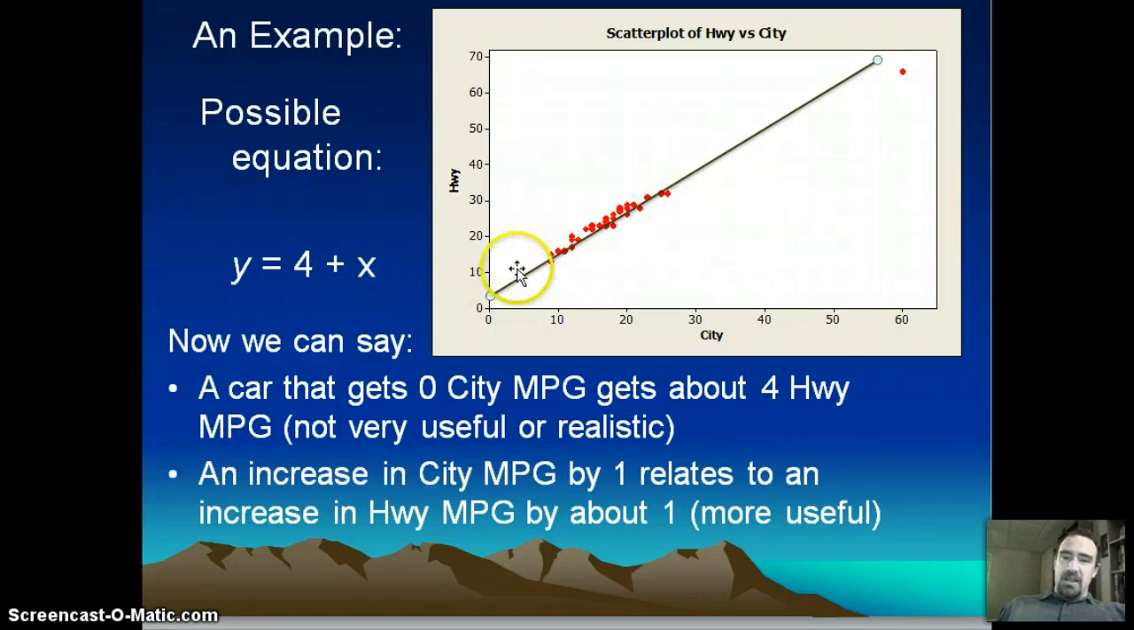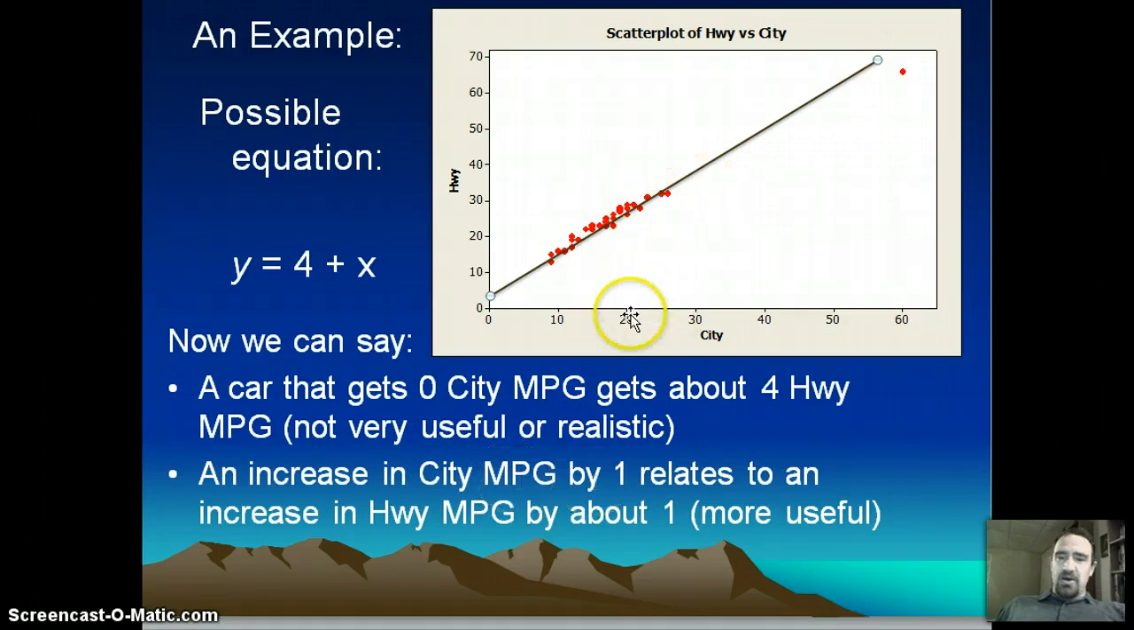If I'm looking at this line, it means for every 1 I go to the right, I'm going up 1, over 1, up 1, over 1, up 1. What does that tell me about city and highway miles per gallon? It says if I increase my car's city miles per gallon by 1, my model predicts that the highway miles per gallon are going to go up by 1. And so that's how we